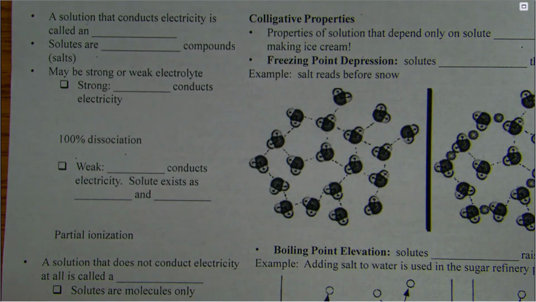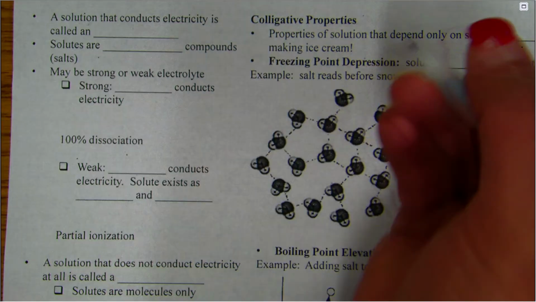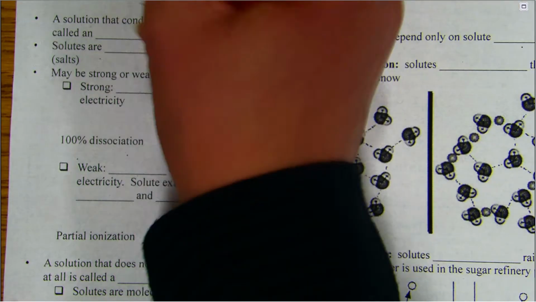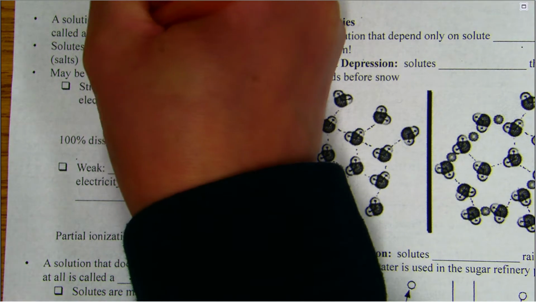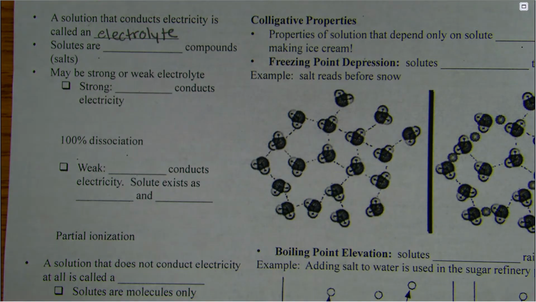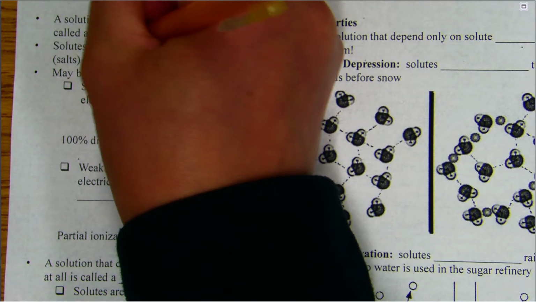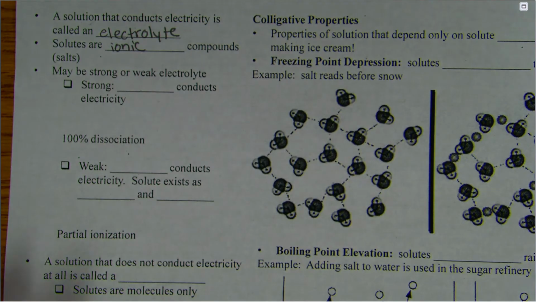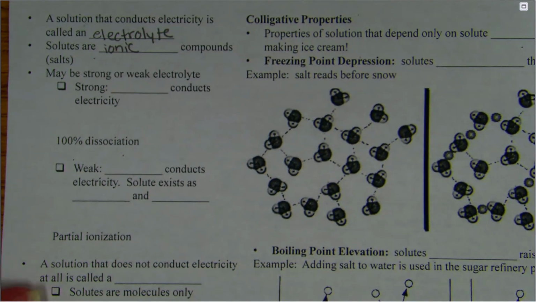Solutions that conduct electricity are called electrolytes. And these solutes are going to be ionic compounds or salts, because we know that ionic compounds conduct electricity when in their solution form, so we call these